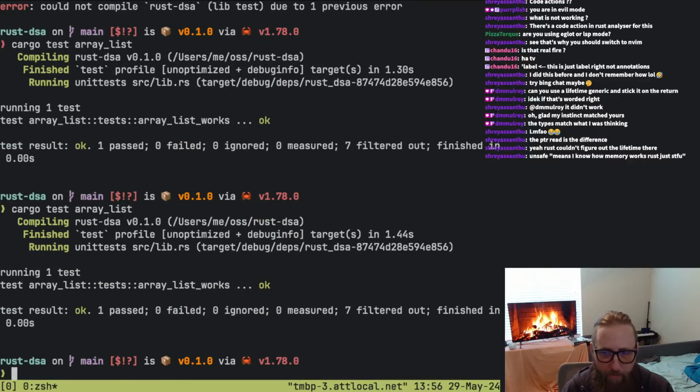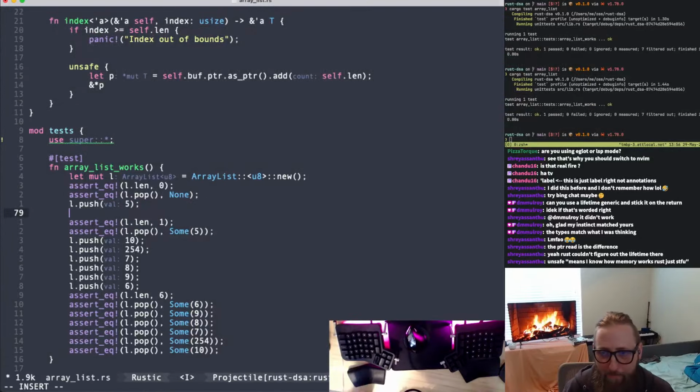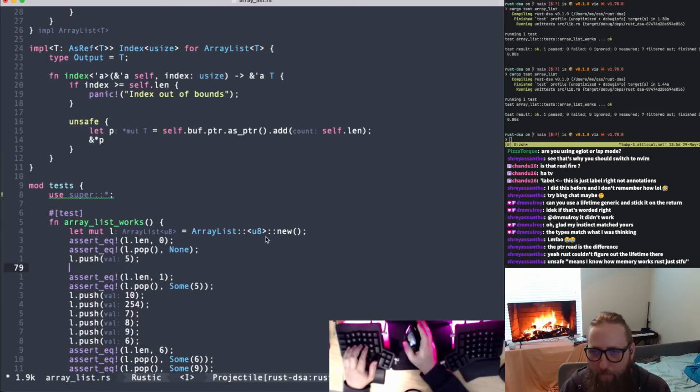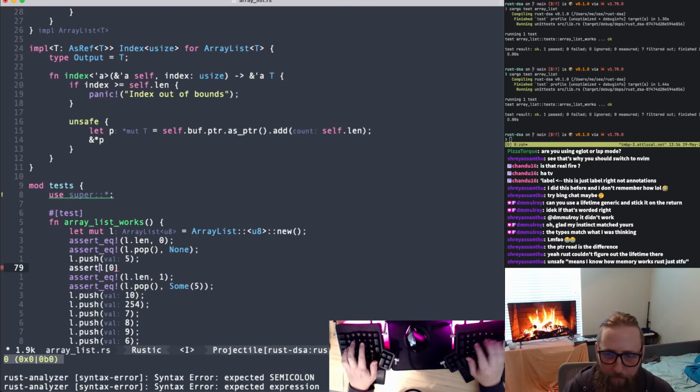And our test still passed. We didn't do anything new. So basically now, and this is what's cool. Okay, so if you don't know Rust that well, now that we implemented the Index trait, one of the funnest parts about traits is now we can be really cool and say assert_eq,